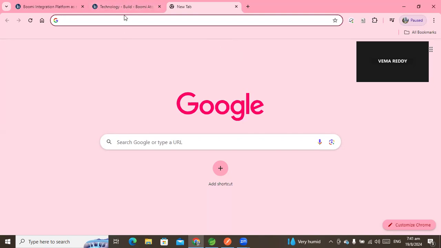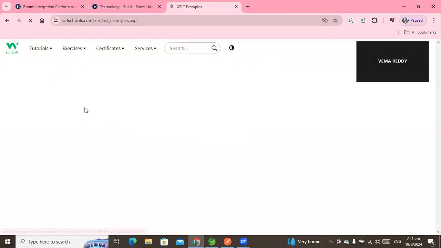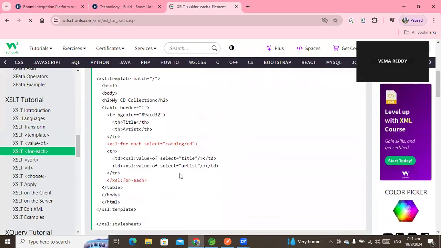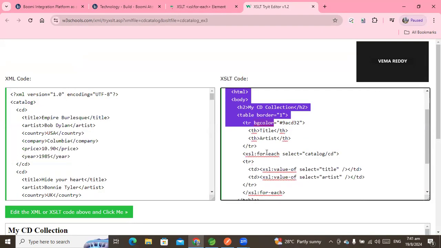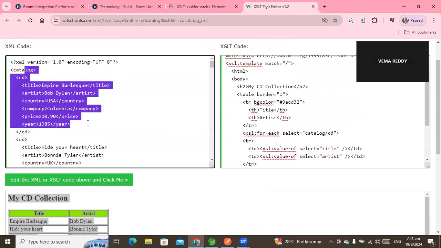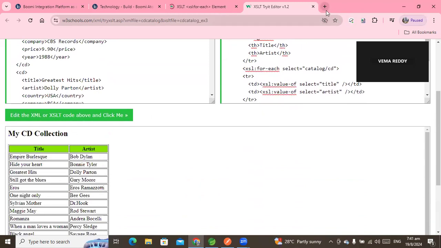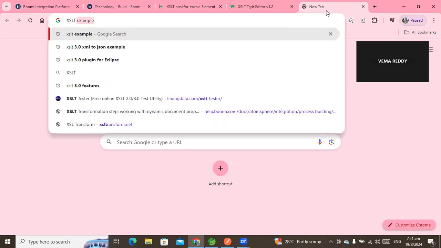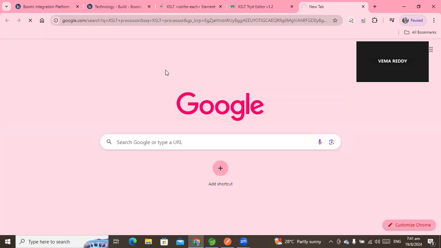Okay, the example I took is here, under for each. I clicked on try it yourself. You pass your input, pass your XSLT, and then you can see the desired output. What we are doing is passing an XML as input and getting the output as HTML. That is what XSLT is capable of. If you see any of the examples,